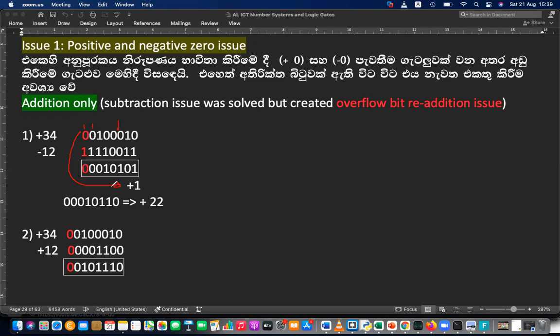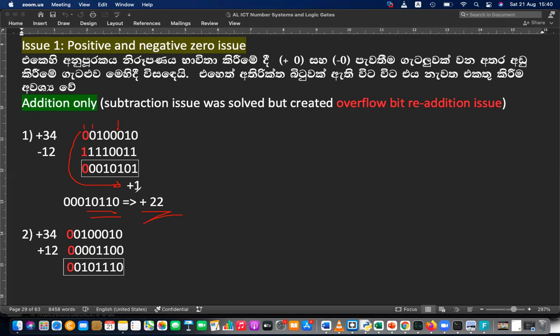That remaining one will be added again. That is called overflow bit re-addition. And after adding that, you will get 1 plus 1 is 2, remaining 1. So the ones complement method denotes 10. So this is the answer. Answer is plus 22. That is correct, right? So 34 minus 12 is plus 22. But you need to add the overflow bit again. So that is the issue of